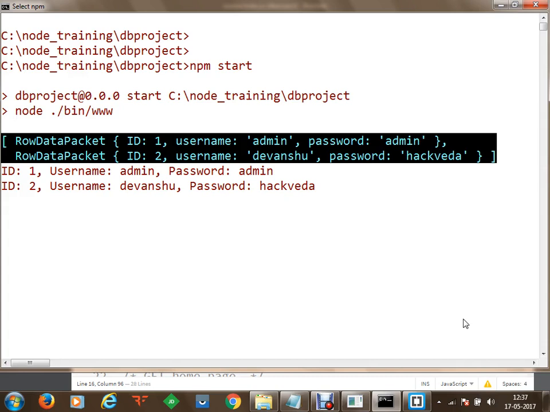In the next section, we have got IDs with respect to their username and password. Earlier was a complete row object, and in the third and fourth lines we have the complete data which we have actually fetched from the rows and displayed. So this is how we can read multiple data which we want. Whatever columns you want to select, you can select your columns and display them using this for each loop.